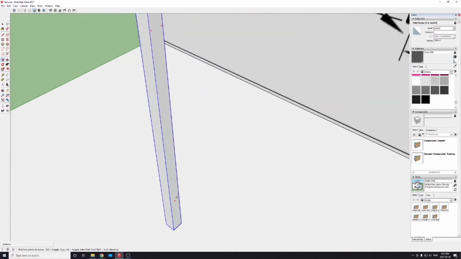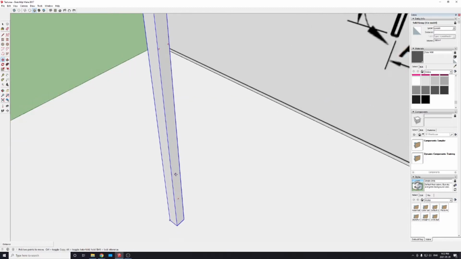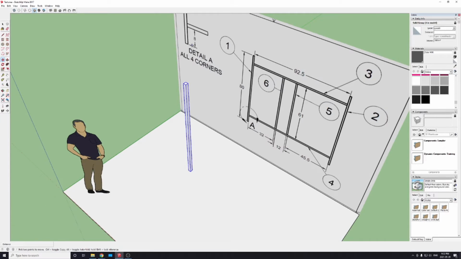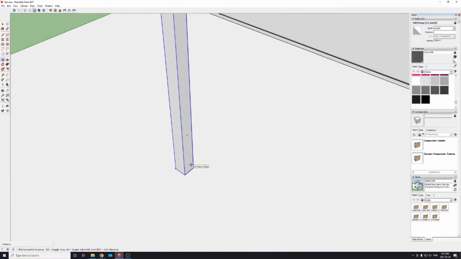Now, that's the right way to make your pieces, but now we're going to do a way to continue making this, but it's not the right way to make it. So we're going to make this piece coming out here. You can see in our example, it's 8 inches from the bottom, and it is a total of 92.5 inches long. So if we were to make a rectangle, I'm going to just hit R for rectangle,